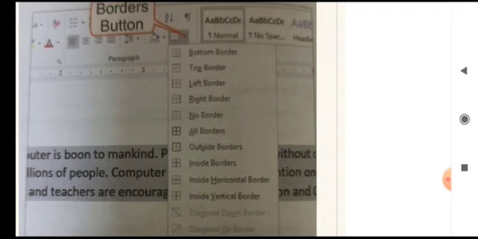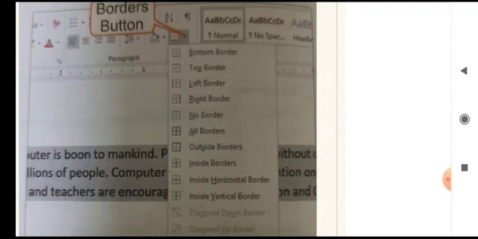If you want all borders, then you click on all borders, and top, bottom, left, right, all will be shown. If you click on the outside borders, only the outside, if it is a table, this applies to the table, only the outer lines will be shown, the inner lines will not be shown, that is the other columns, only the outer boundary lines will be shown. Inside borders means only the inside lines will be shown and the outside borders will not be shown. Then inside horizontal border means only the horizontal lines will be shown, not the vertical ones. And then inside vertical border means only the standing lines, the vertical borders, will be shown.